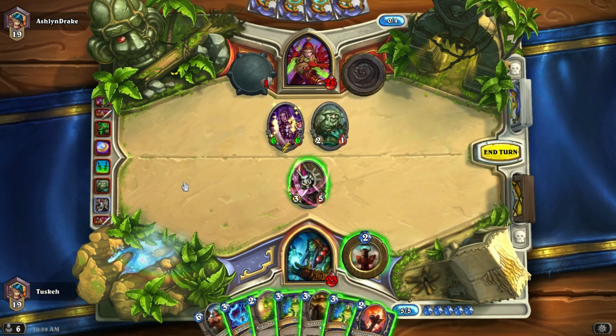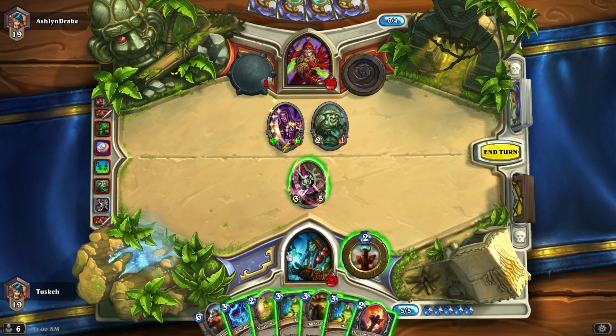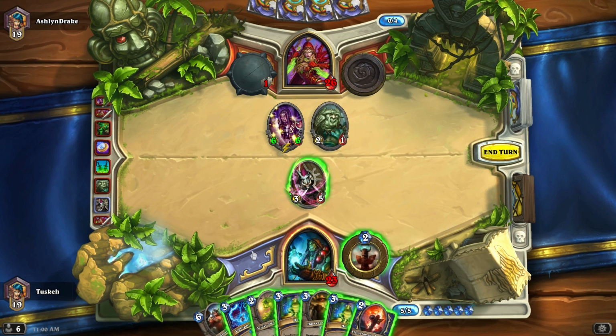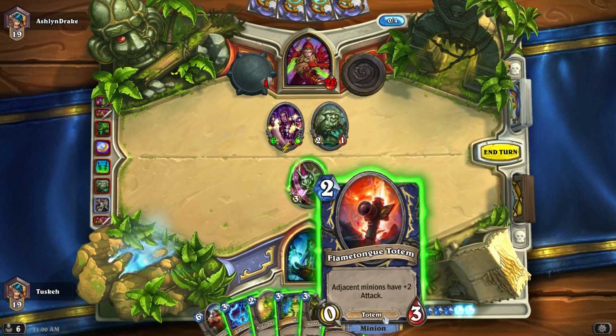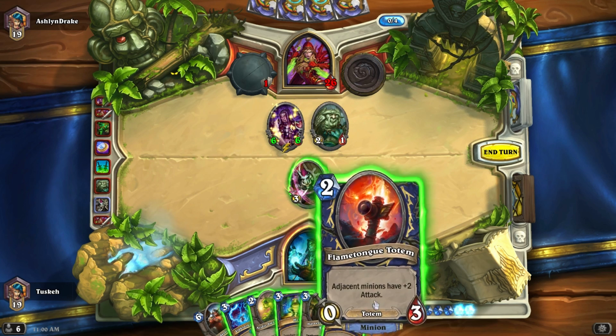Alright, so what can we do here? What can we do here? We could Lightning Storm, which would kill his Ironbeak Owl, and potentially get this low enough to trade with the Shield Master. Not entirely happy with that, because if that's not the case, then I would have to use something else. Alternatively, we could Lightning Storm, then Flame Tongue Totem, to ensure that the Questing Adventurer is killed, but the Flame Tongue Totem,